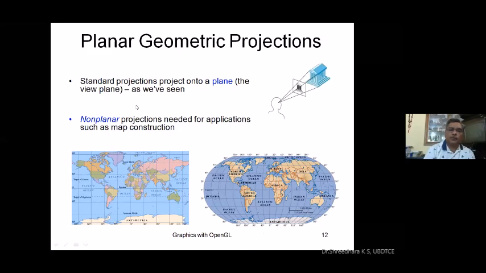If you want to project onto a non-planar surface, this is especially used in the creation of maps, where there is a curve and every pixel should be mapped properly, giving non-planar effects. In planar projection, it is a straightforward 2D screen that you are creating. Let us understand this from the process.